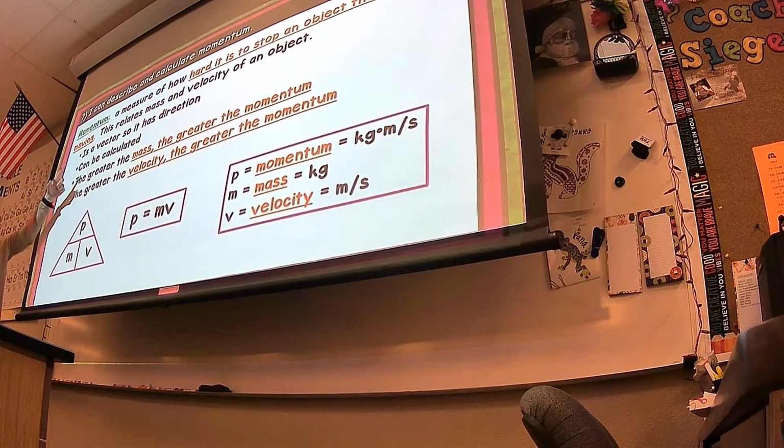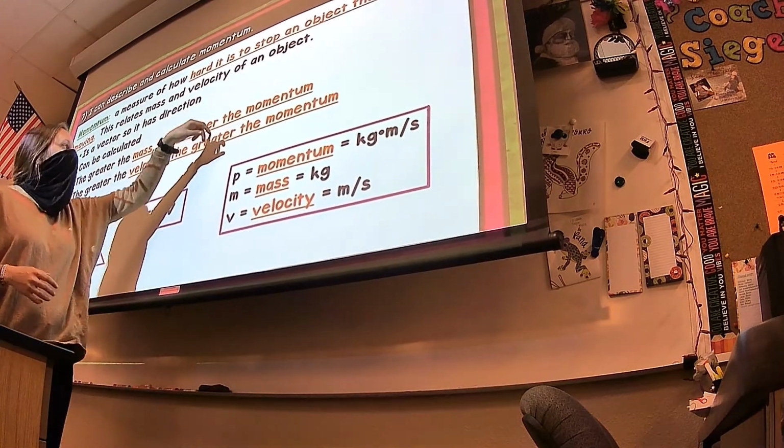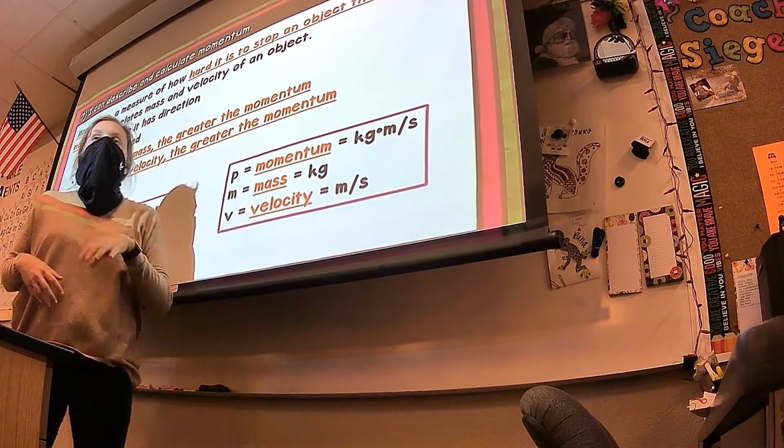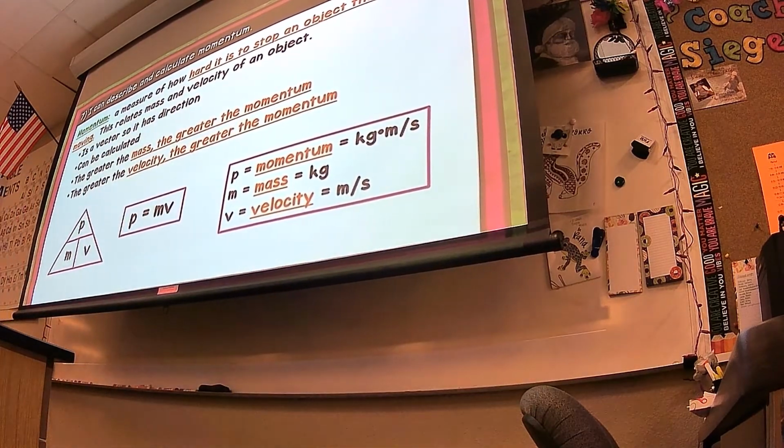It's how hard it is to stop an object that is moving. Okay, and it kind of goes back to what these two points are talking about. With greater mass, there's greater momentum. Greater velocity, there's greater momentum. So if you think about,